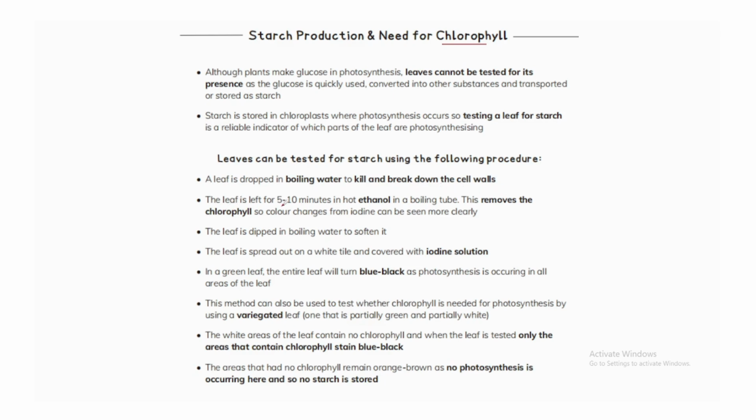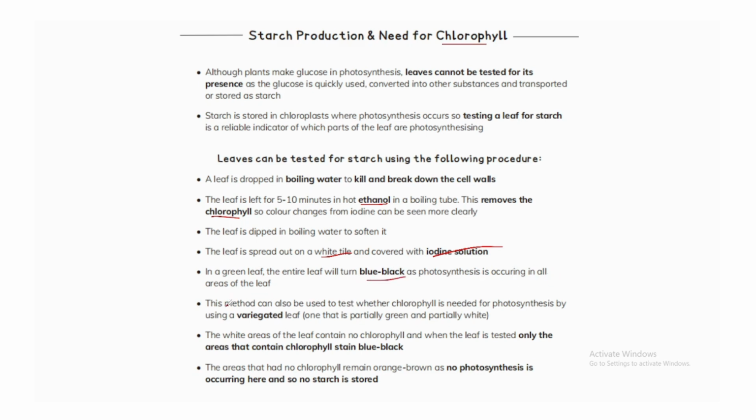The leaf is left for 5 to 10 minutes in hot ethanol in a boiling tube. This removes the chlorophyll, so color changes from iodine can be seen more clearly. The leaf is dipped in boiling water to soften it. The leaf is spread out on a white tile and covered with iodine solution. In a green leaf, the entire leaf will turn blue-black as photosynthesis is occurring in all areas of the